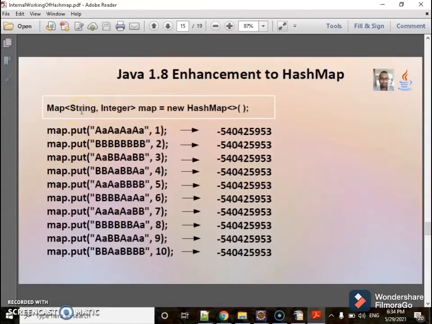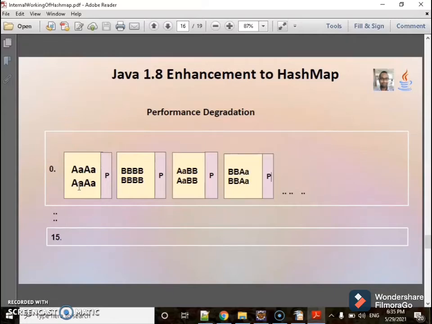So I have created a hash map, string as a key, integer as a value. I have put multiple strings into the map whose hash code is similar. In case the hash code of multiple entries is similar, then they go into the same bucket. So those are all falling under the 0th bucket.